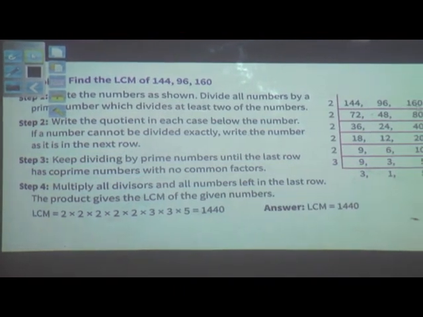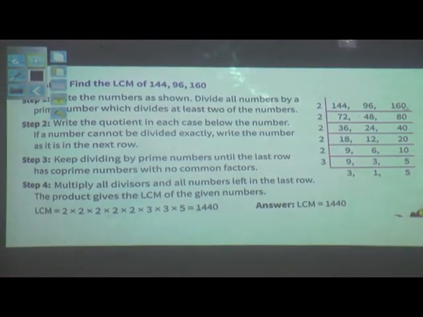First we have to see the divisibility. When we have an even number we go for the prime number 2, divide it, and whatever quotient we get, we write it. Step by step we found the factors of the given number. Then to find the LCM we multiply all. I had given you a small trick: when you have many multiplications you can do pairing or grouping. So what will be the LCM? The LCM we got is 1440.